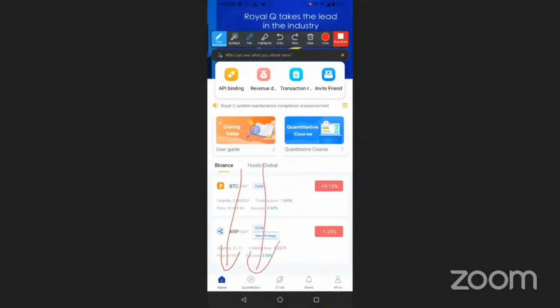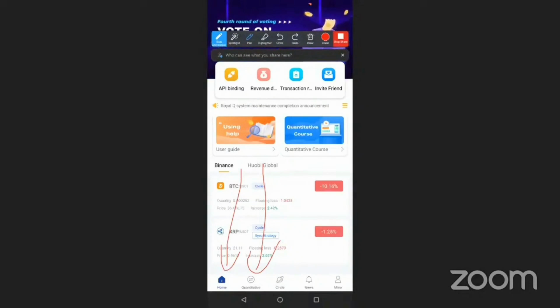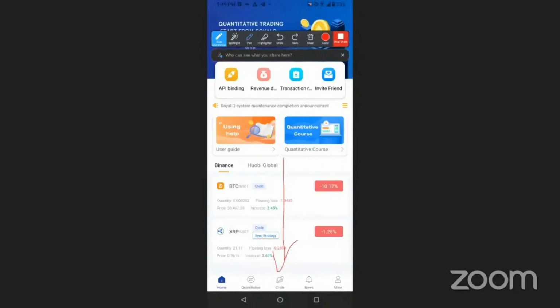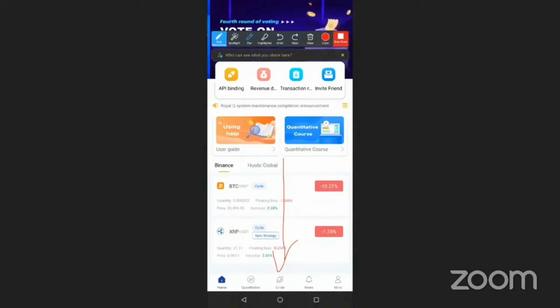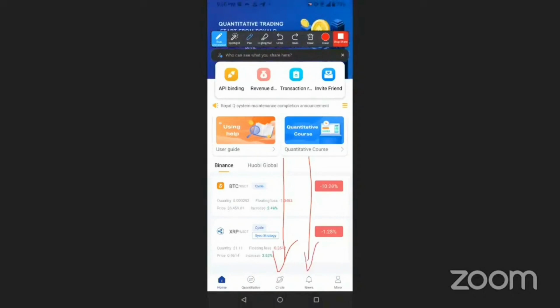Second here is quantitative trading, where you go and trade. If you have a bit of knowledge in trading, then this is where you go. You can choose up to 50 coins. I will show you later. If let's say you don't have any knowledge in trading, then you go to Circle. What is Circle? Circle is a copy trade feature that allows you to copy traders who have been trading here for the last 2 or 3 years. You can look at their results, how much percentage they make over these years. And if you choose, you can follow them, okay? And then, of course, here you have news. All your transactions and messages will be coming in. And then for personal settings, you can go down here, okay?